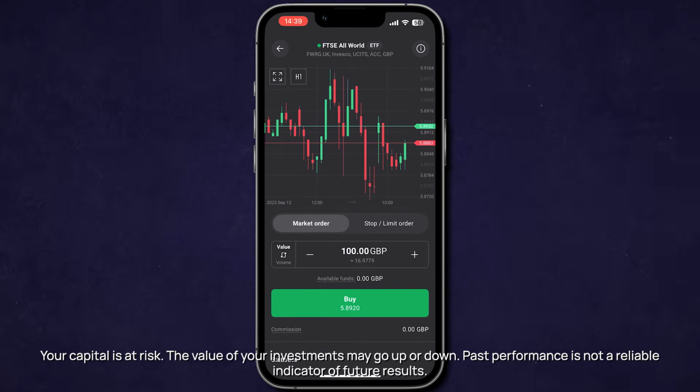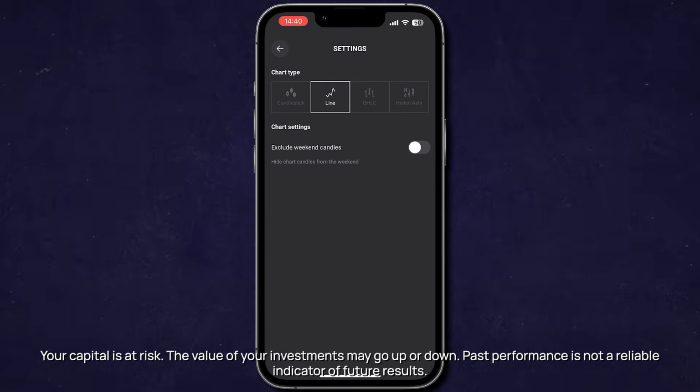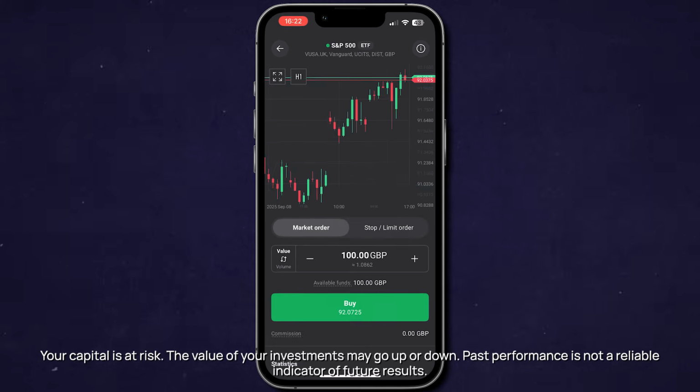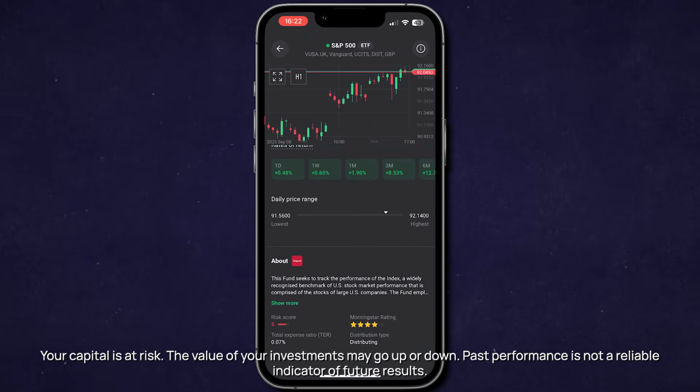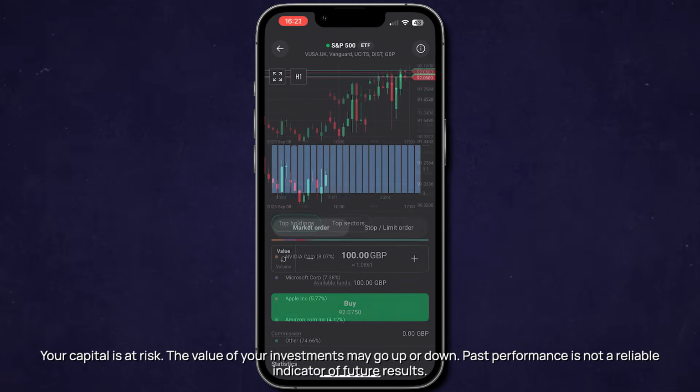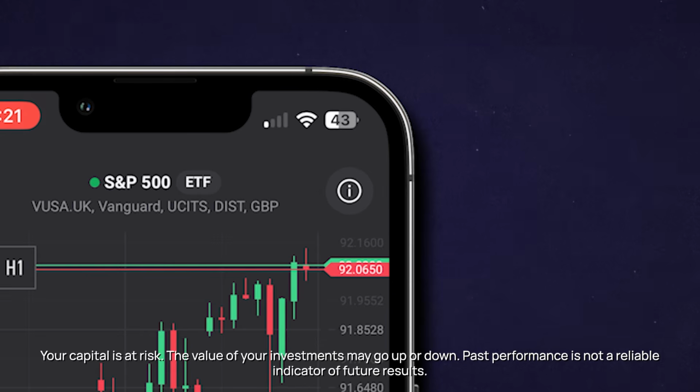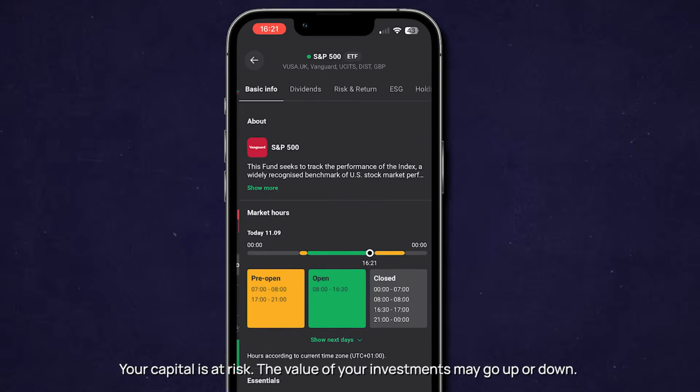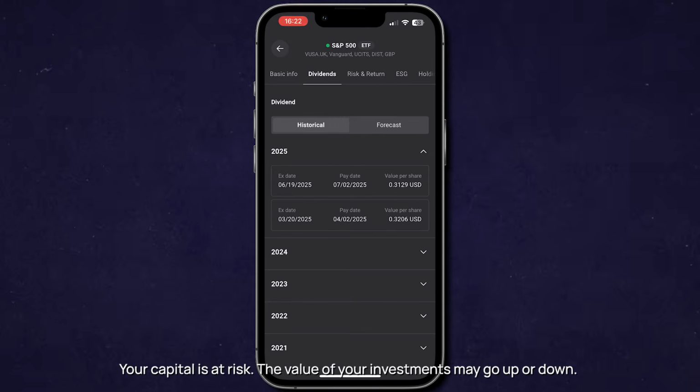I personally like line graphs more than candlesticks, so if you want to change this view, click on the expand icon on the graph here and then the settings button in the top right. Within each asset, you have all the information you need below this graph, and you can get more in-depth info by clicking the small eye icon in the top right, and this includes things like its dividends, ESG rating and